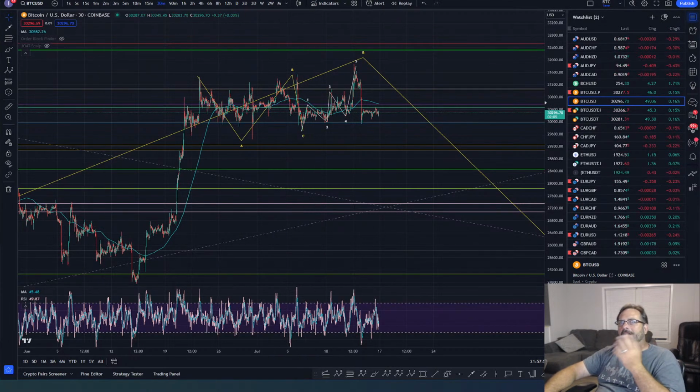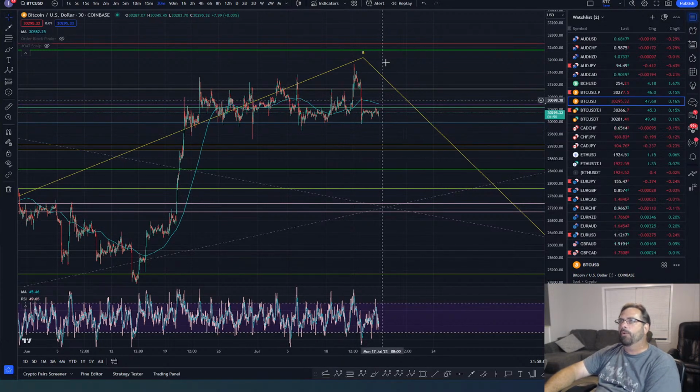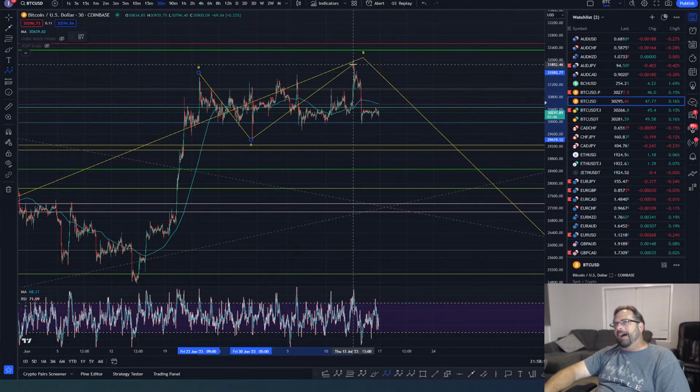I kind of am looking. Now, let's go to the small time frame and say, is there another way to interpret this? And I just came up with another way to interpret it that actually has us going up to hit the high one more time. So let's talk about that possibility here. If we've got an A wave right to here, okay, now we're going to call this 3, 3, and 5. That's the B wave. And now we're in the middle of C.